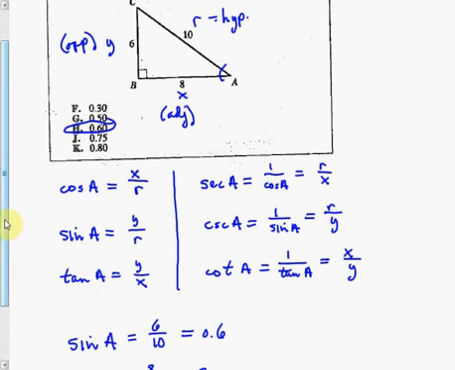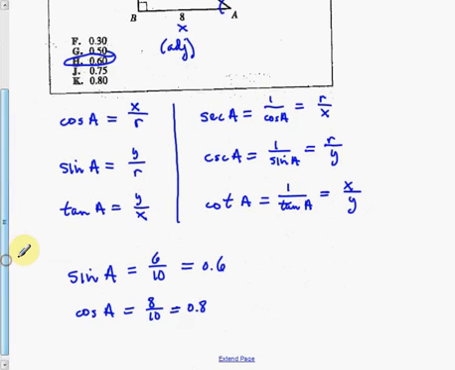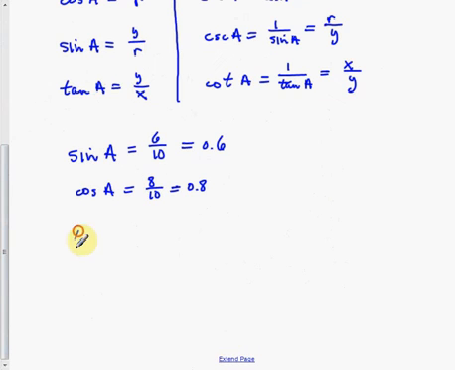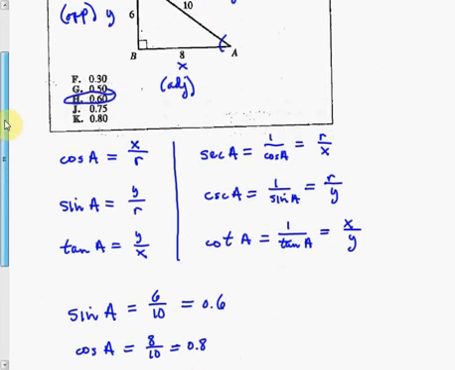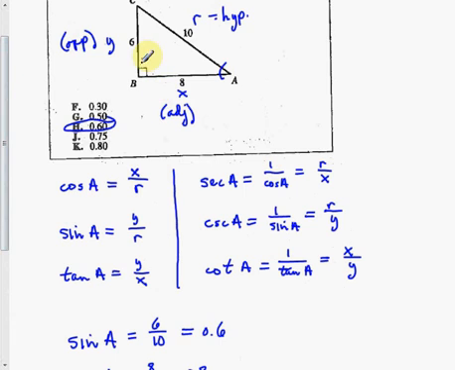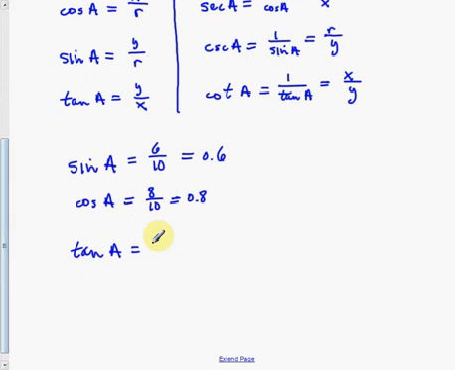And then I'll just find one more, the tangent of A. So the tangent is going to be the opposite over the adjacent, 6 divided by 8, or 3/4, or